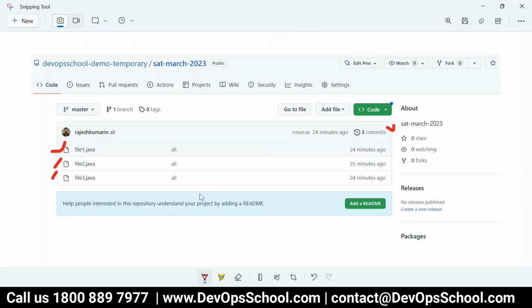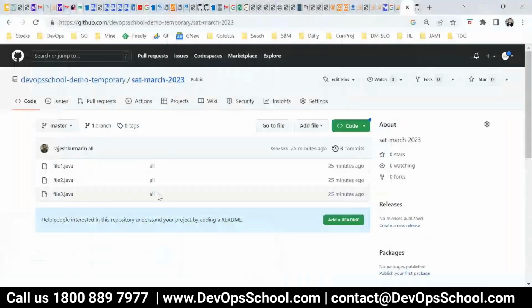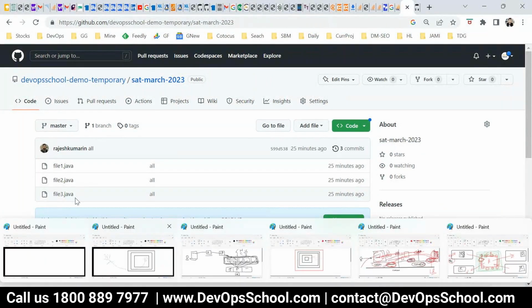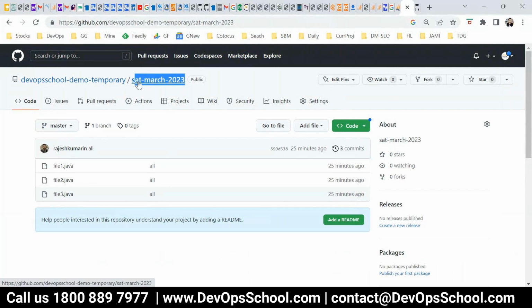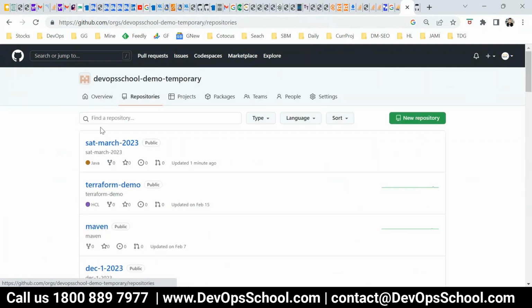I don't think I have to teach you something here. The more time you spend, you will get it. Issue tracking tool like Jira. Wiki like Confluence. CI/CD options, here you get it. Security audit, here you have it. Role based access control, if you want to give it, in the settings you have that option. So every feature you got here, and this is what you were looking for. And not only one repository, I created only one repository. Like that, hundreds and thousands of repositories you can manage at GitHub, a remote repository, central repository.